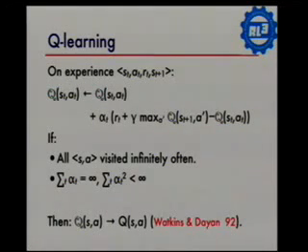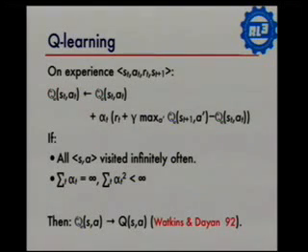What it's going to do is actually keep its own estimate of the Q function, which is going to be wrong at first. But each time it takes a step in the world, it's going to do a little update. It's going to change it a little bit. And the update looks like this. This is not the real Q function. This is a cartoon version that's inside the robot's head. So I used a cartoon font.